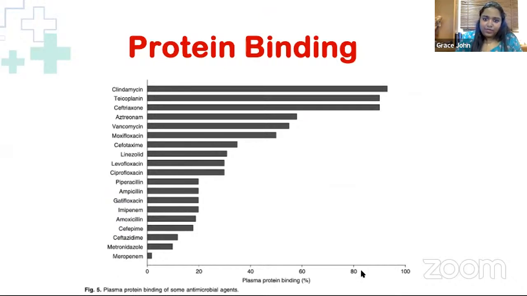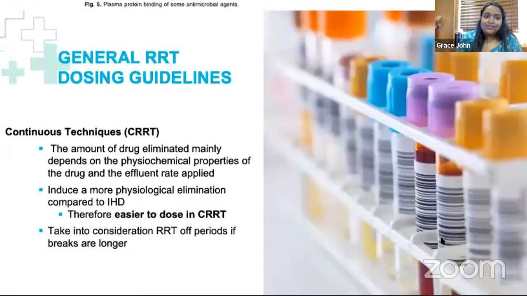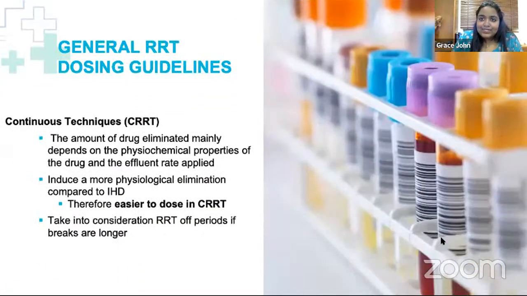And now, when it comes to the general dosing guidelines for renal replacement therapy, what you have to understand is that for IHD, we have data for most of the antibiotics as to how to dose a patient in IHD. And the other thing, like I said, is to know about your protein binding, your volume of distribution, and clearance, and the hydrophilicity and lipophilicity of the drug. And accordingly, you can